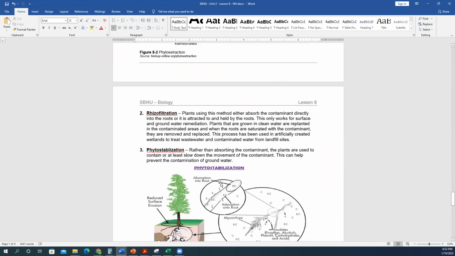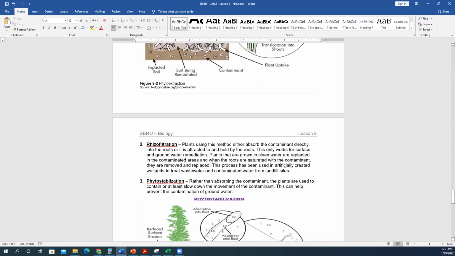The second method we can talk about is rhizofiltration. In rhizofiltration, plants that use this type of method can either absorb that contaminant directly into the roots, or it gets attracted to and held by the roots. And this only works for surface and groundwater remediation. Plants are grown in clean water, are replanted in those contaminated areas, and when the roots get saturated with the contaminant, then they get removed and replaced. So rhizofiltration,